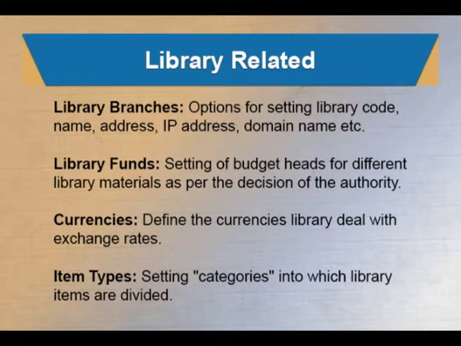Some of the default item types will be available with the ILS, but some of them may not be matching with your local collection. Some of the things you have, but the ILS may not include that. So, sometimes you need to add something, you need to delete, or something you need to modify in defining item types. Then patron group, you need to define the borrower categories with their privileges.